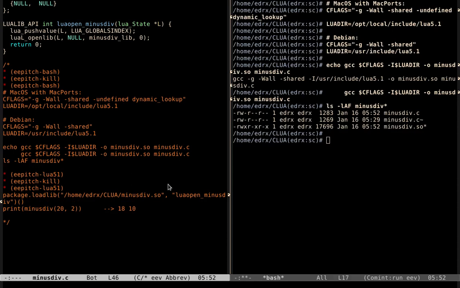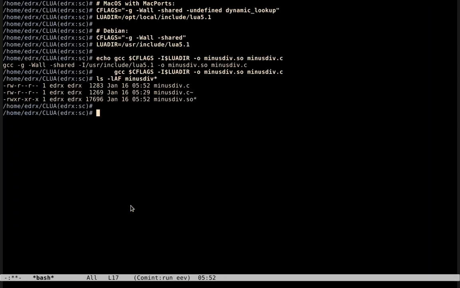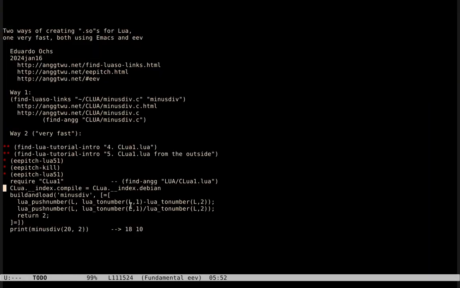And now I can run this Lua block here. It loads the .so and tests this function. So that's it. Let me go back to the very fast way. All these things are explained